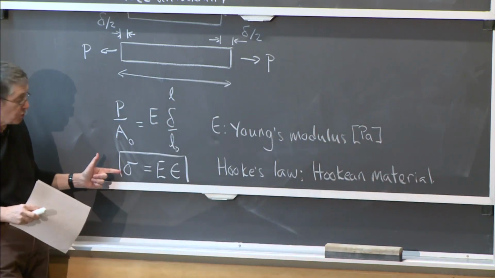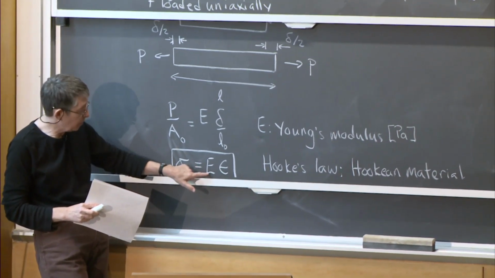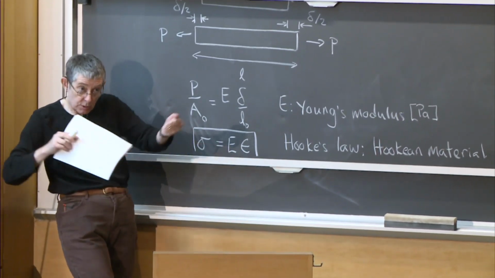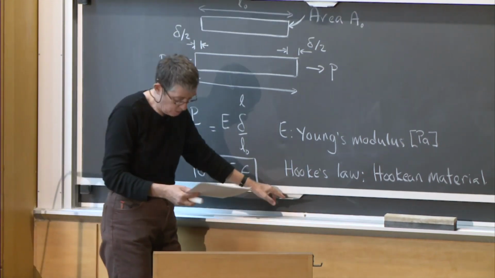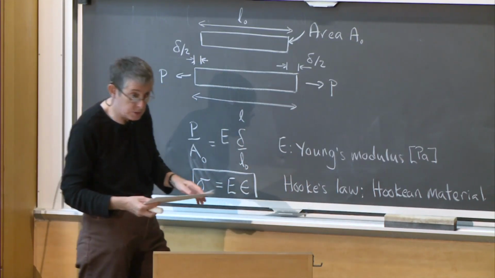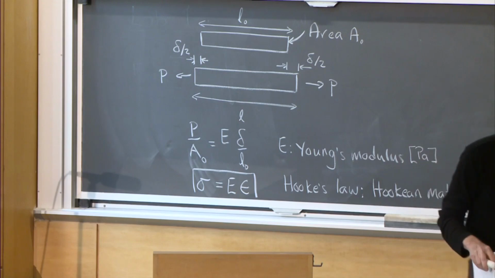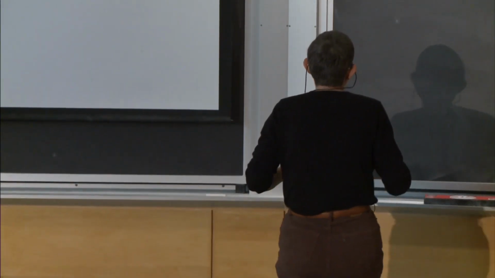Okay, so we have the stress, like we talked about last week, the strain we talked about last week, and they're related by this Young's modulus here. So that's if I just uniaxially pull on the bar like that. Okay? And materials that obey that are called Hookean. Okay, so Hookean materials. So let me just go over each of these sort of characteristics that we mentioned, the linear, the elastic, the isotropic. So linear